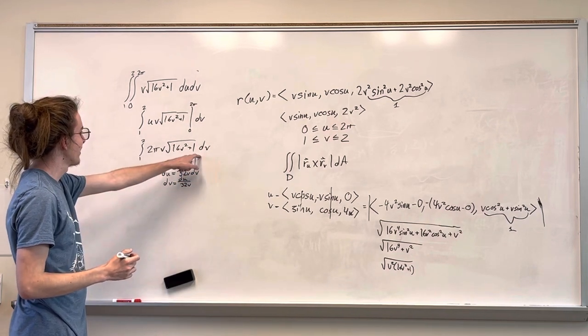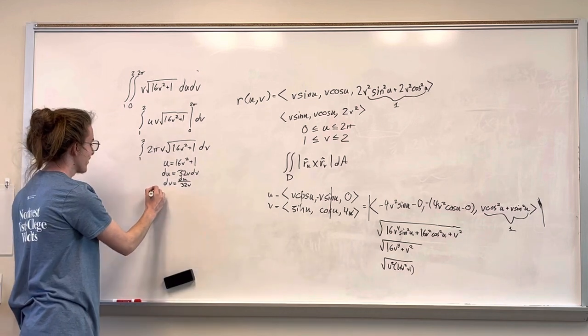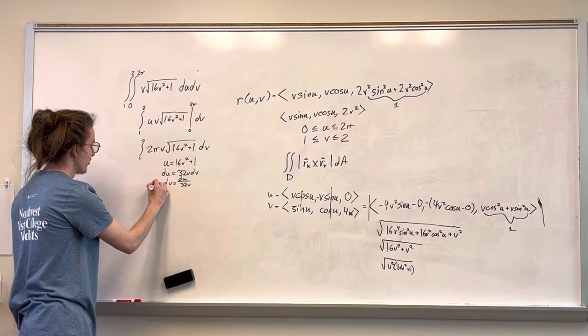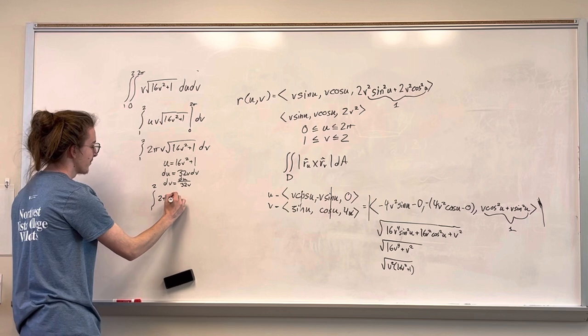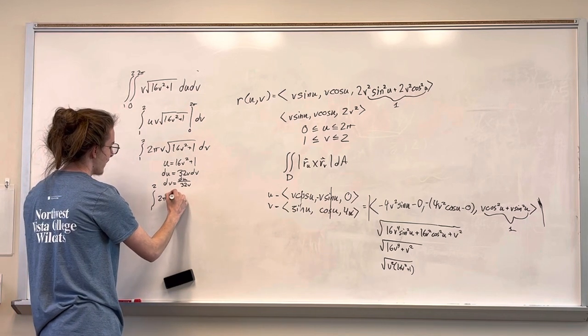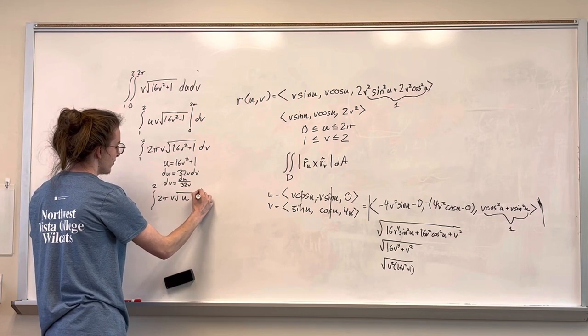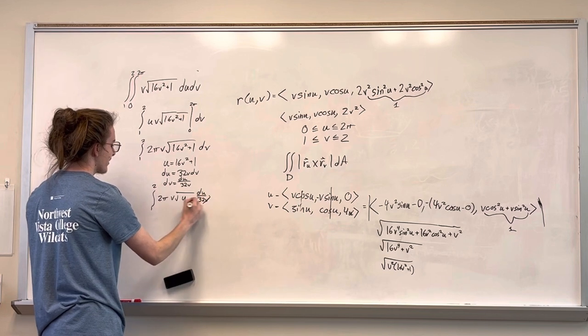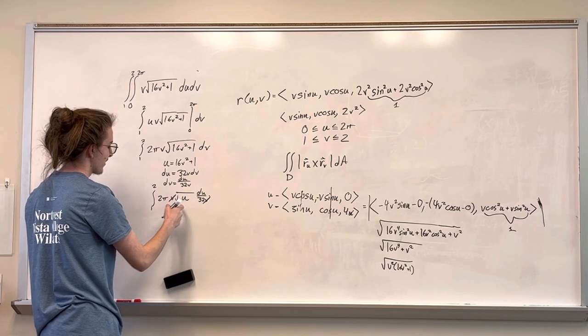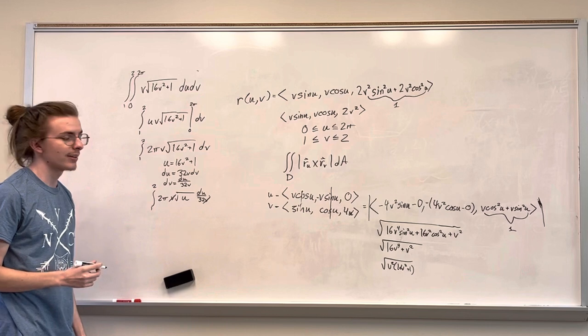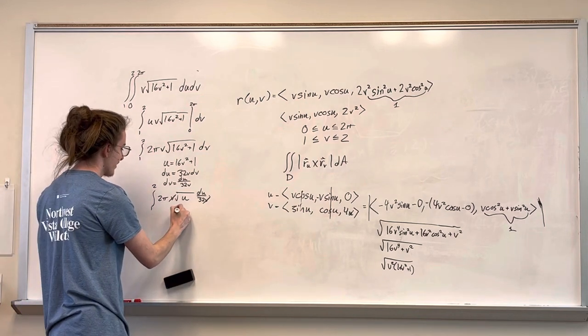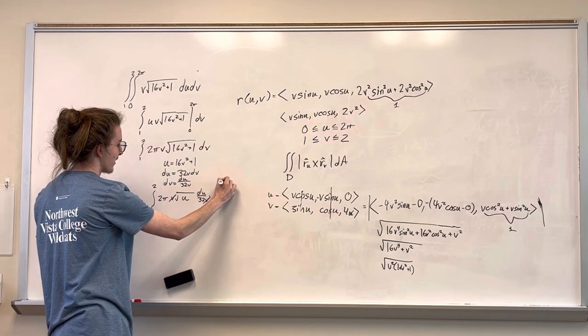Take this, plug it back into there. 1 to 2, 2 pi of v square root of u du over 32v. v's cancel, and now we just have to integrate the u,